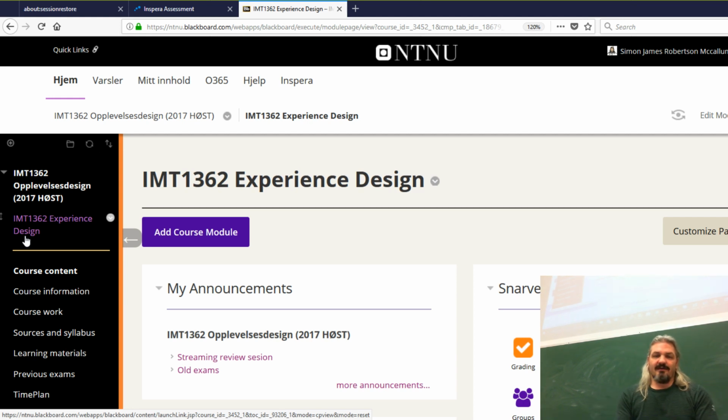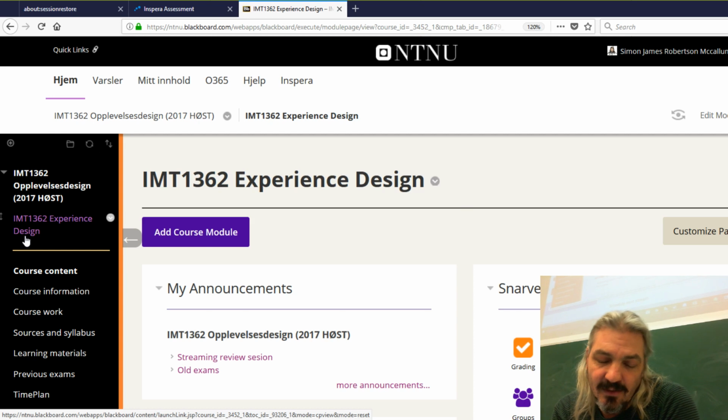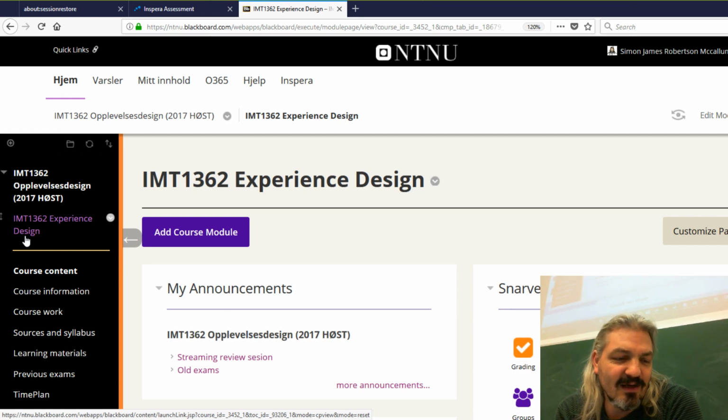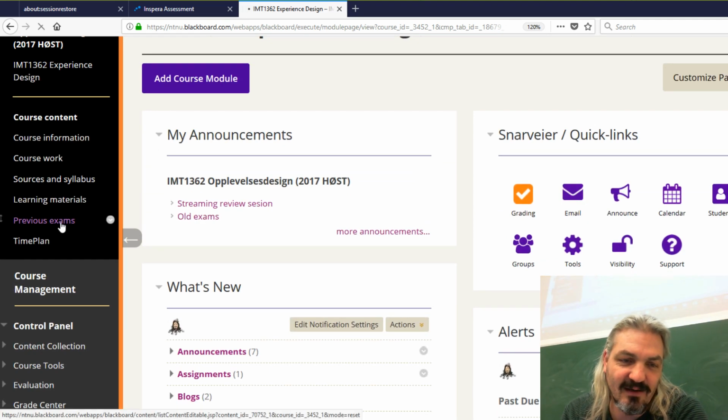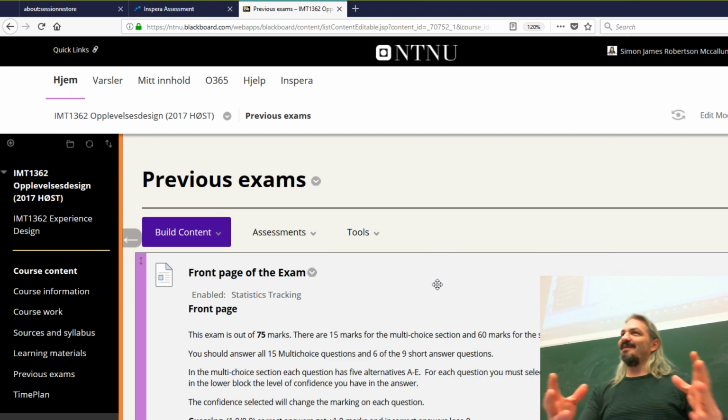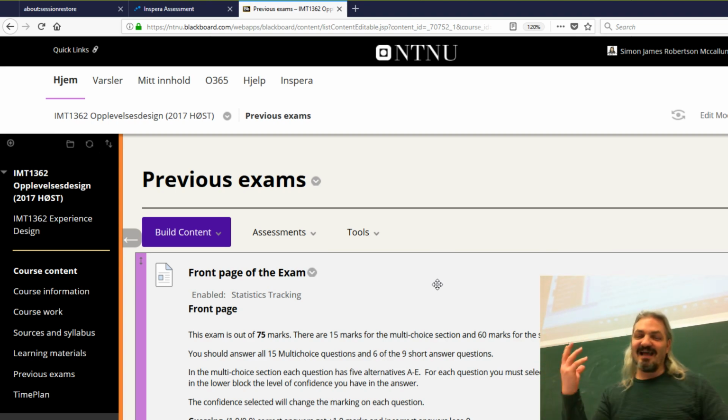Okay, so last week I did the review session to go over basically how the exam was going to run and show what the exam would look like. I was told that I could give out a link to students so they could see all the previous exams, because there was this lovely folder with all the previous exams and all courses in it. Apparently that didn't work, so I've put them under previous exams for the years that I had the PDFs of, because we're doing digital exams, and so I don't have a PDF I send to the exam office for last year's exam.